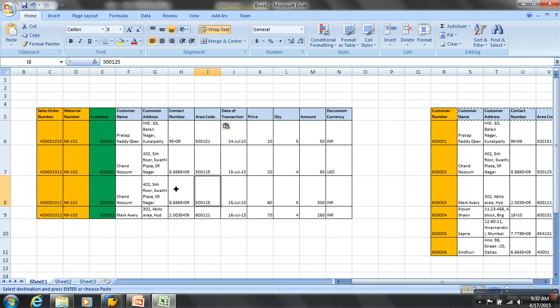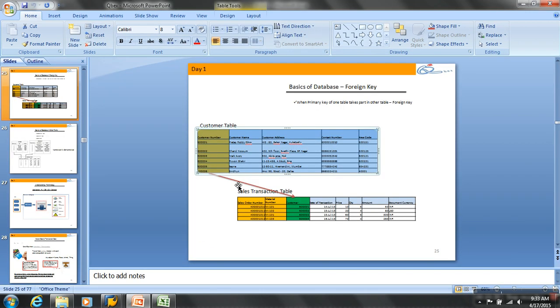Yes or no? Yeah? So why don't I store this way? In what way performance? In fact, when I try to run a query on a single table, it is faster. Because if I need to get the customer name from two tables, I need to write a query which will basically join two tables and then get my results. In fact, that will be slower when compared to reading from a single table. Clear? Yeah. So what is the benefit I am getting when I store it this way and when I store it this way?